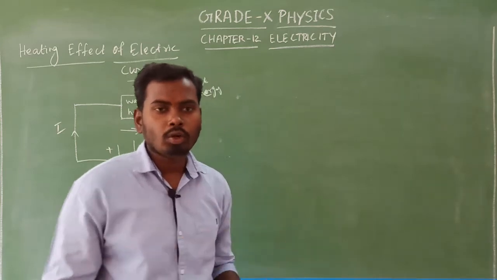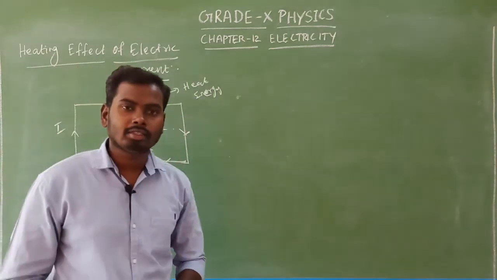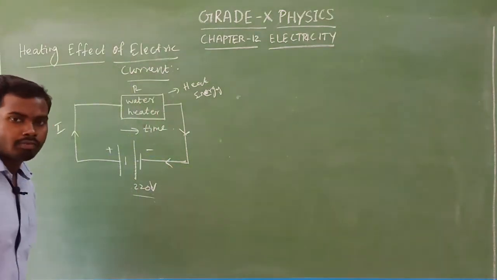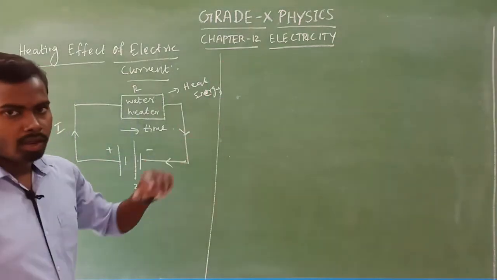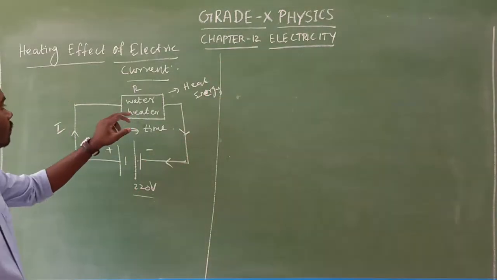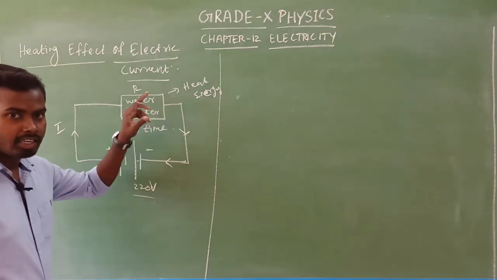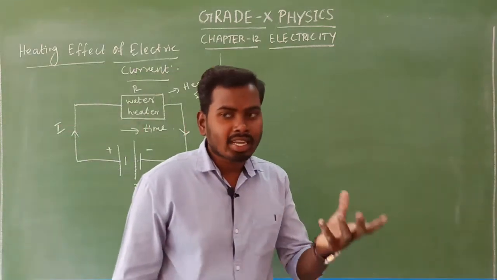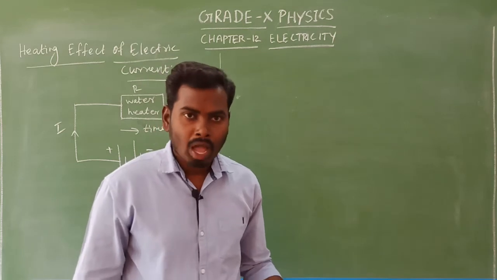Now we are going to make a formula with the help of all these quantities and their relationship. Is it clear, students? So very easy one. Okay, you don't get confused. Yes, I'll make the formula there. Look at here. Here the water heater converts this electrical energy into heat energy. So whenever one form of energy gets converted into another form of energy, work is done. Am I right or wrong?